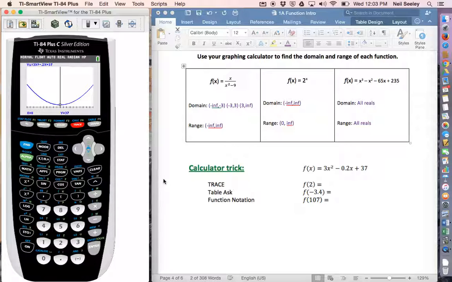But the trace option is if you hit trace, you can scroll around on the curve. Trace actually traces along the curve, and you try and find x equals 2. You're looking at this number here going, I want to land on x equals 2. Dope. It keeps jumping. No, too far. Oh, too small. Too big. Too small. You can't land on it. Well, there's a precise way to do this. You can actually, if you just type 2